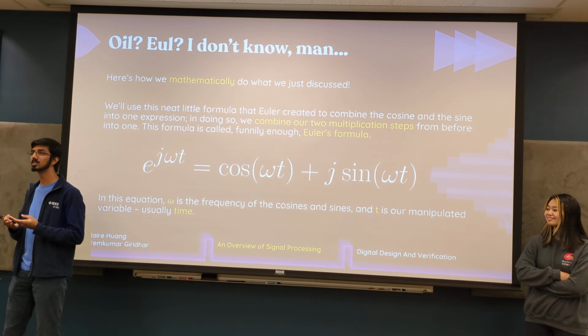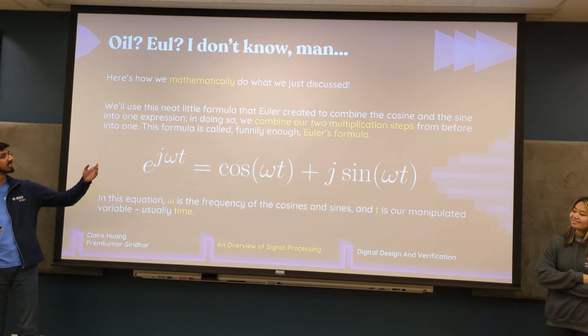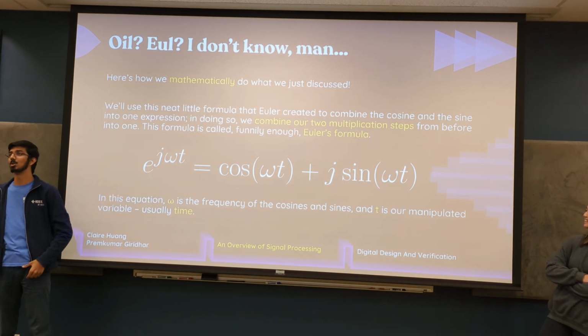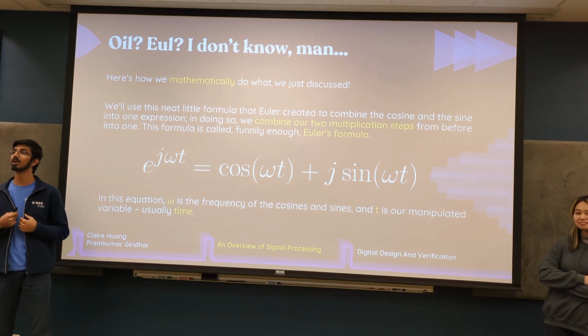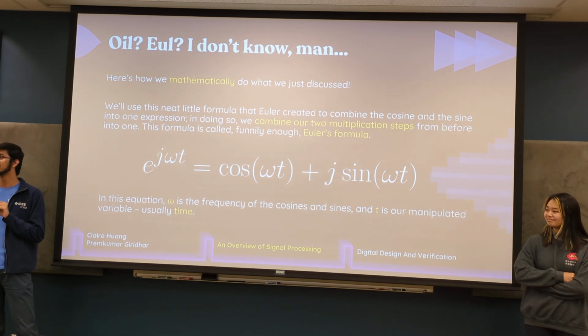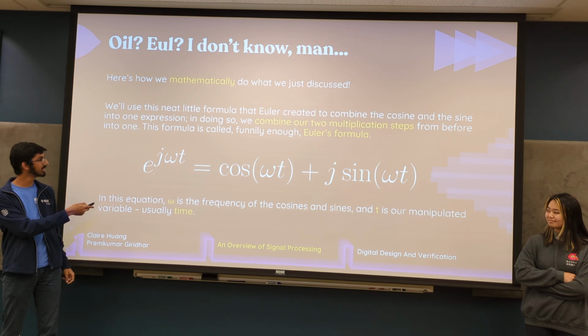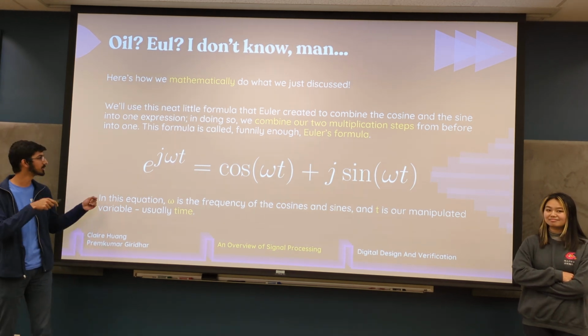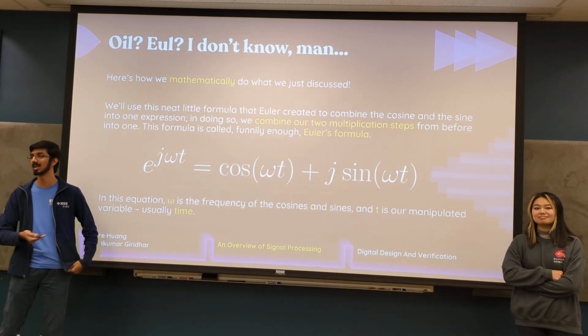Okay, I see some no's, so I'll just quickly explain it. Basically, this right here is Euler's formula. It's a little thing that Euler created, funnily enough, where basically he combines the cosine and the sine wave into one singular expression. So you don't really need to understand the deep intricacies of how this actually works or how it looks, but